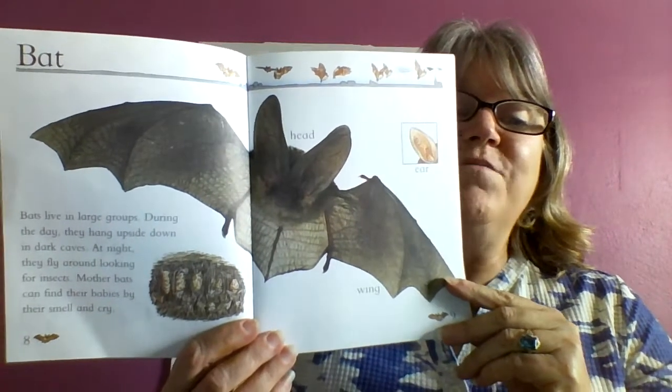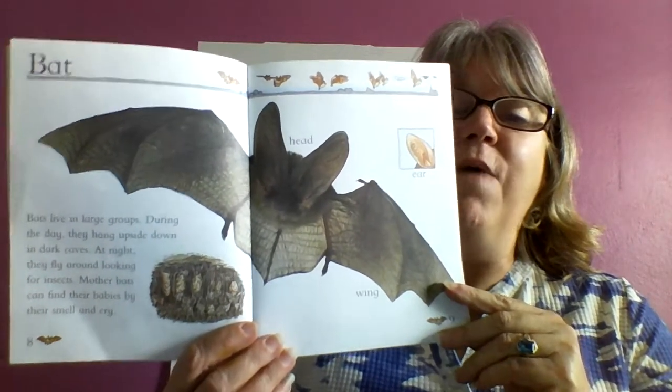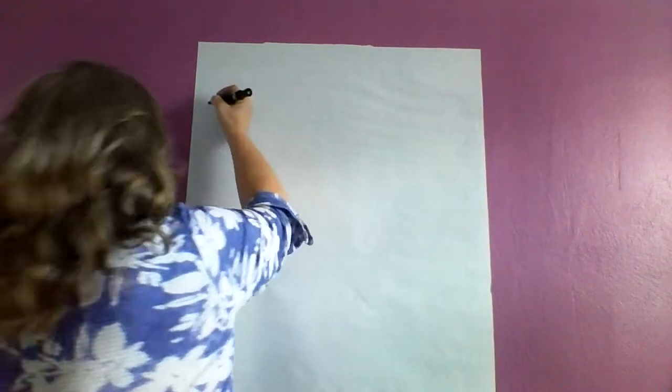So we're going to practice writing sentences about what we read yesterday or earlier in our lesson. Now, when we're writing, we want to remember to always begin with a capital letter, put spaces between our words, write very neatly, and we want to end with a period or other punctuation. So let's get started. I'm going to write my first sentence about the bat. So I'm going to say,